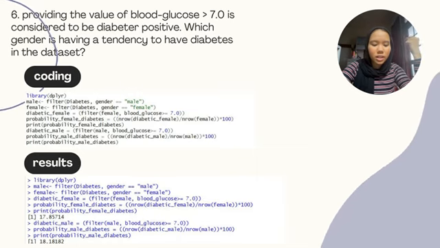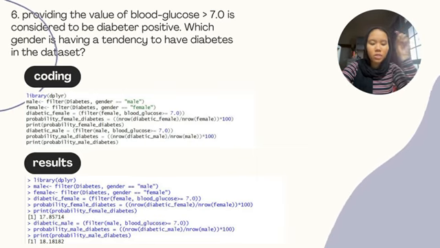Then we will calculate the percentage of diabetic females with the equation n row diabetic female divided by n row female, multiplied by 100. So the probability of diabetic females will be printed out. These steps are repeated for diabetic male patients as well. As a result, we can see that the probability of a male getting diabetes is greater than a